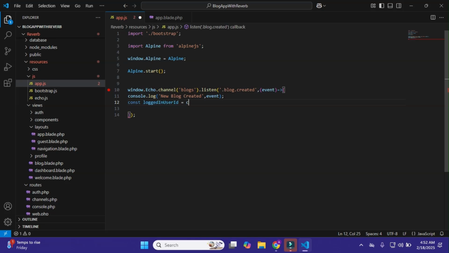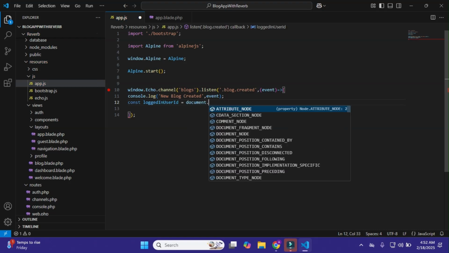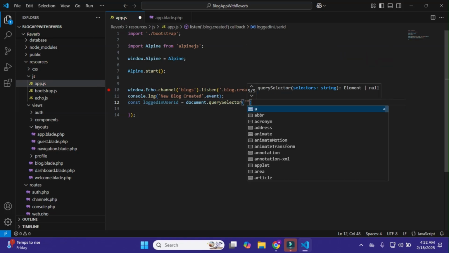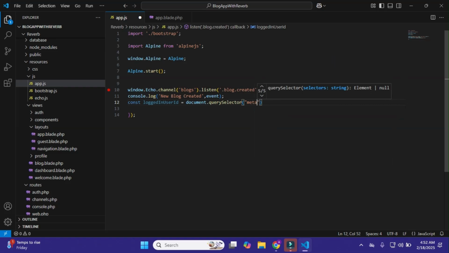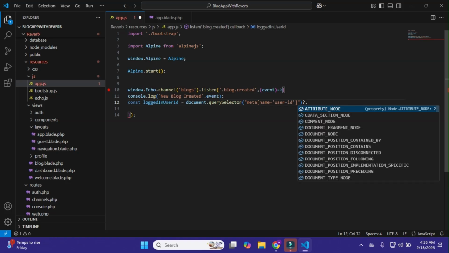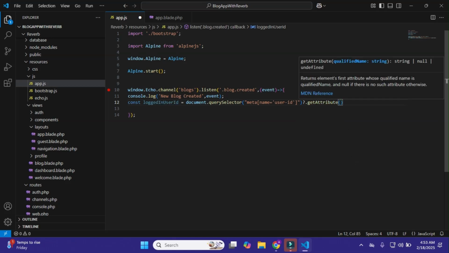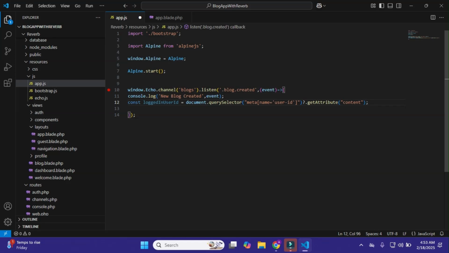Okay, and after it document.querySelector, and within the querySelector I'll just simply pass here this meta name user-id, and just this, and .getAttribute, and within it I'll just simply pass here content. Okay, just this, and close this.